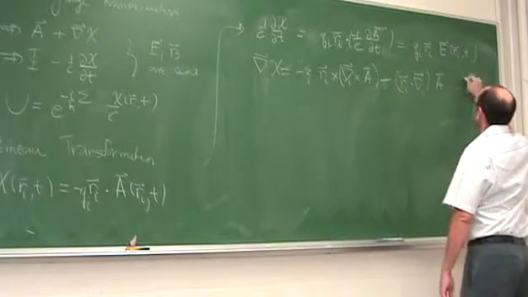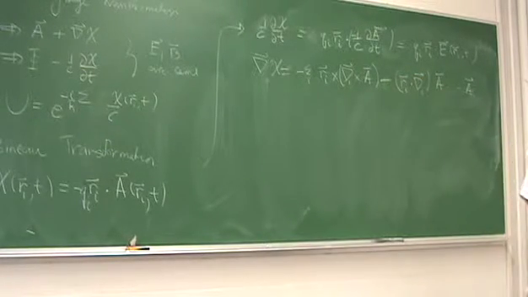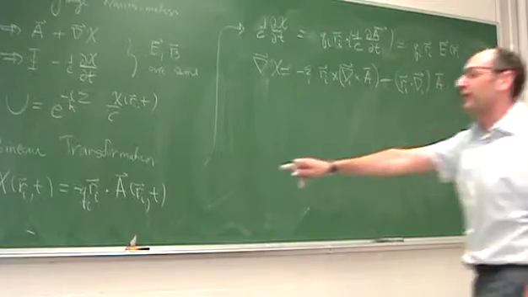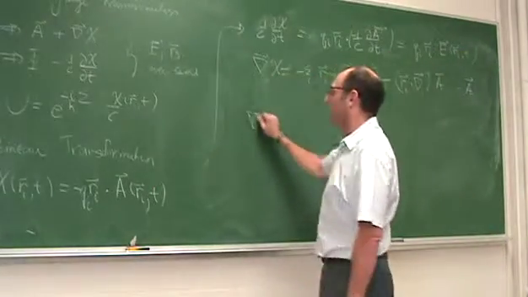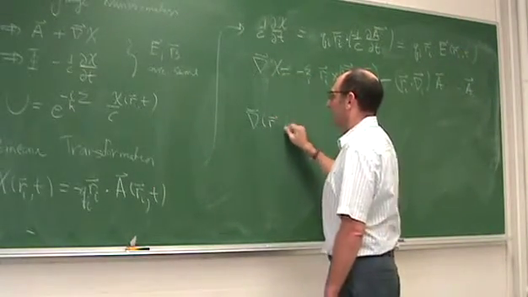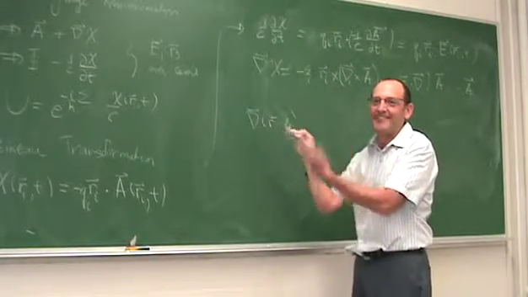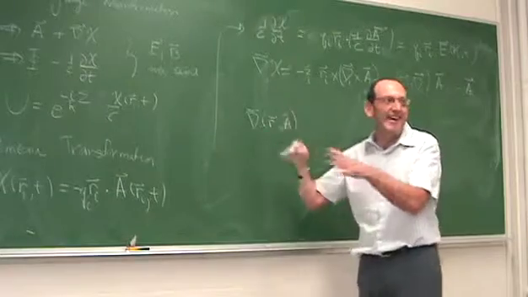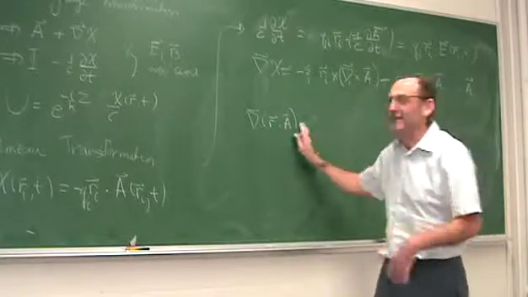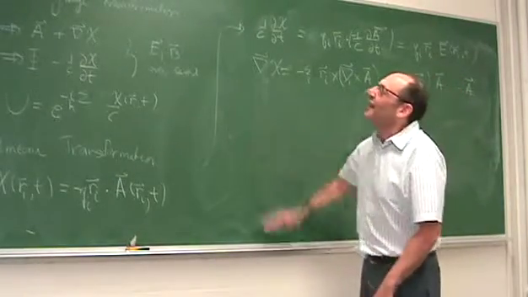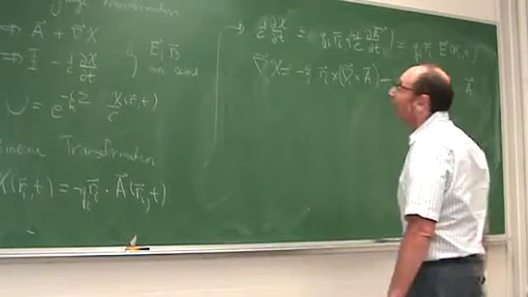Minus A. You have to go through and take the gradient for a particular coordinate. And then there's a funky formula, you can do it with tensor notation, whatever. You gotta do it, it's not fun, but